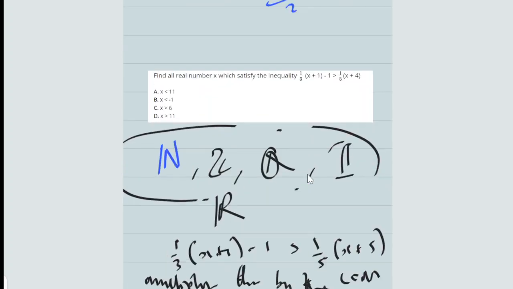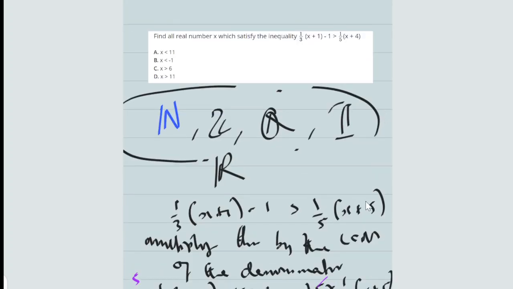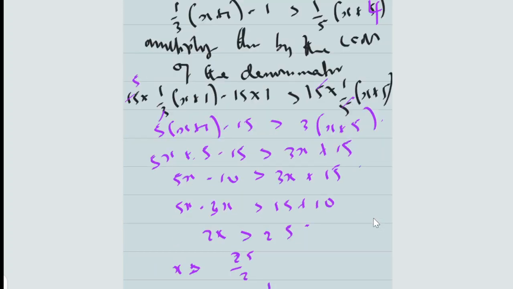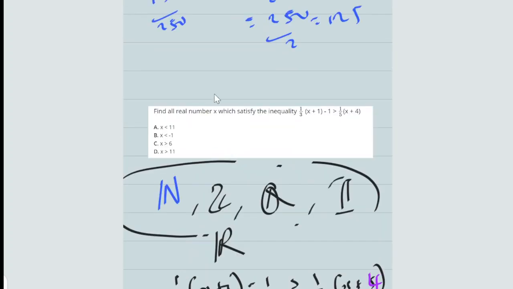Let's see what we have. Oh, minus 1. That means we made a mistake somewhere. Oh, the mistake I made, this is 4 and not 5. This is 4 and not 5. Then this should be 12, 12. I hope you understand now. So this is 12. Then if you collect the like terms, this will be 12 and this will be 22. 22 divided by 2 will be 11. So sorry, that was a mistake from my side. So s is greater than 11, and this is your result.